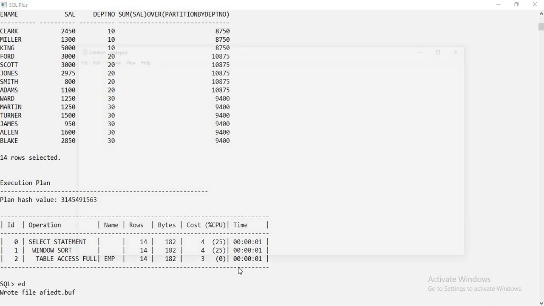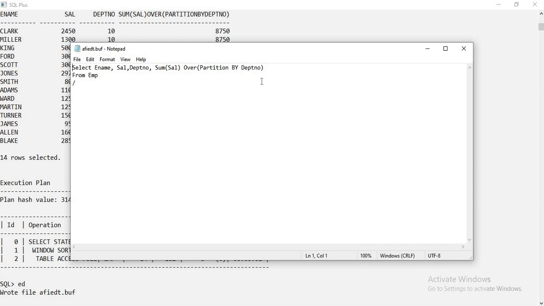Okay, before going again, I just wanted to show you this in normal SQL without using the analytic function.